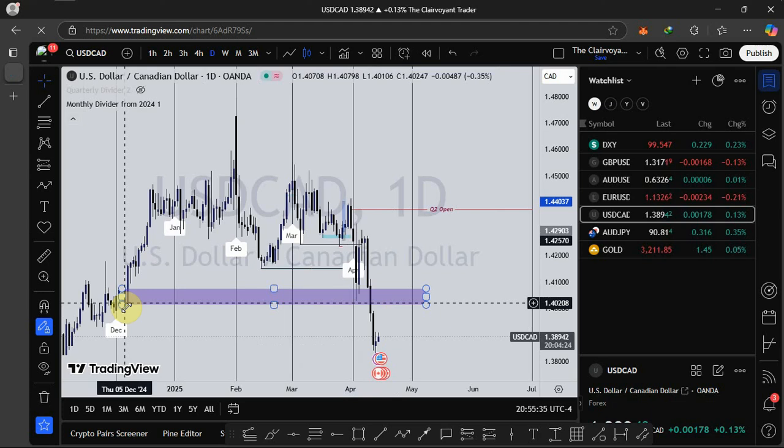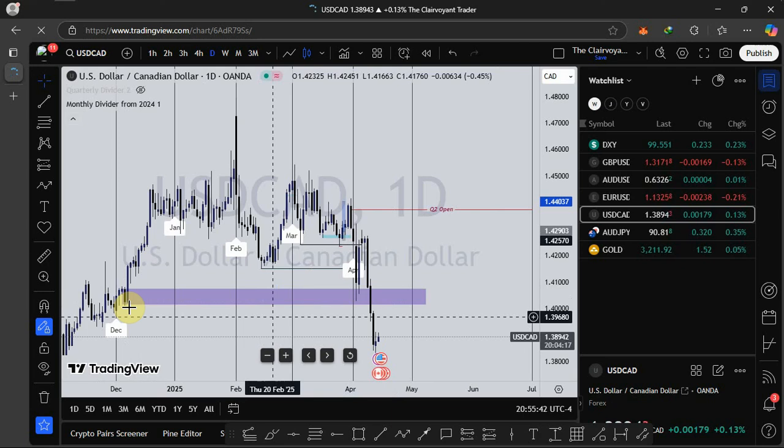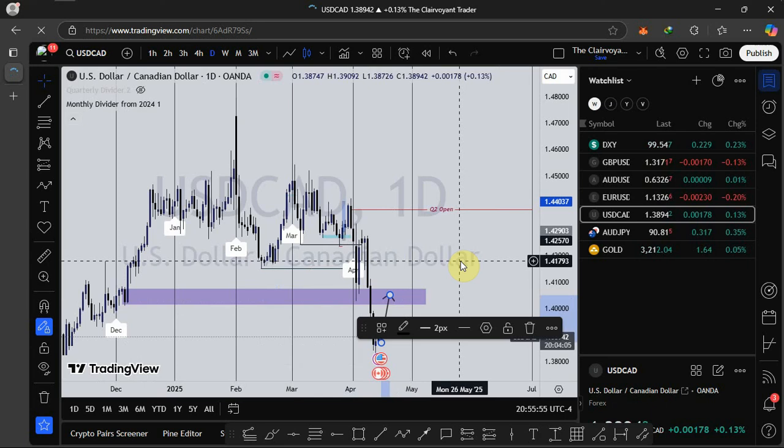Now this bullish breaker block has been violated. Once it has been violated, our expectation is a push up, close below it, then we see a continuation to the downside. So for USD CAD, for now, I will expect to see bullish prices so far as USD CAD is concerned. That is my expectation for USD CAD.